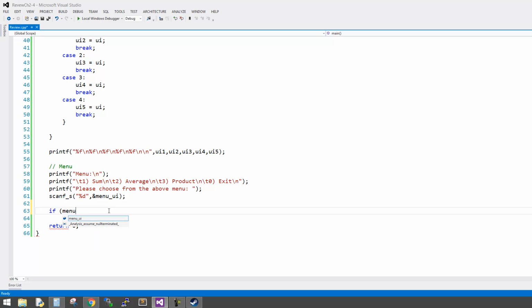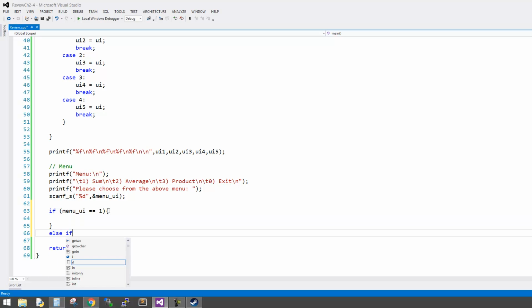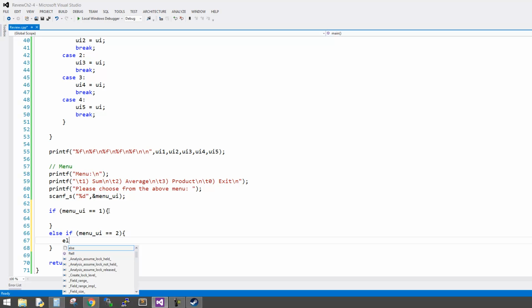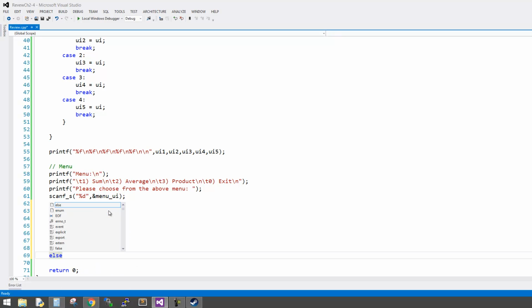So if menu UI is equal to a 1, else if menu UI is equal to 2, else if menu UI is equal to 3,